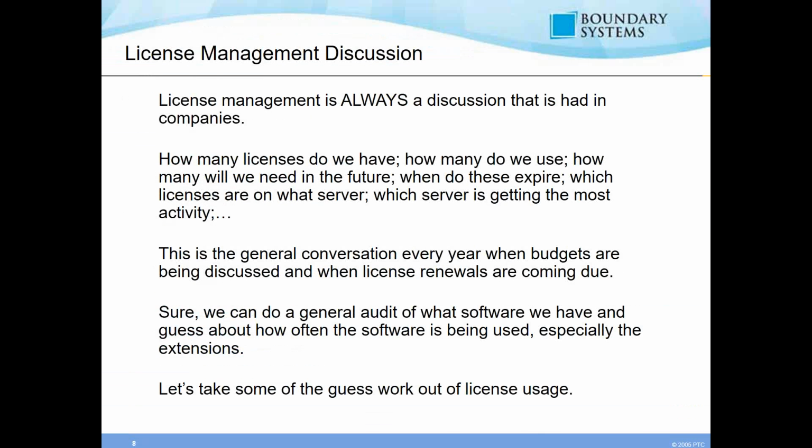All right, so license management, just a general discussion. License management is always a discussion that is had in companies. It is not a topic that can be avoided, because every piece of software that a company has is driven by a license, whether it's a perpetual license where they physically own that license file, or, like most companies are doing now, subscription licenses where you basically have the license for a period of time. When that period is up, then that license basically ceases to work. Many licenses,